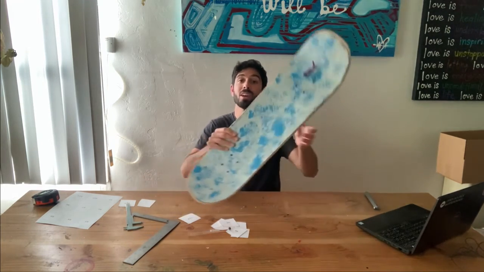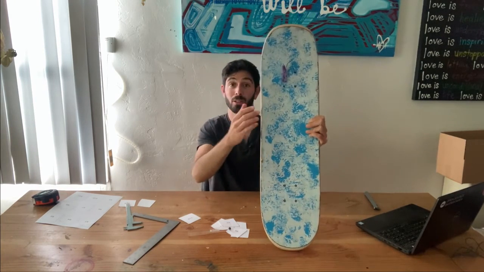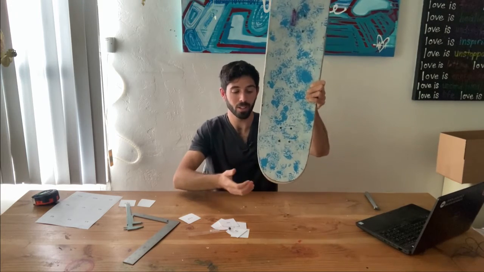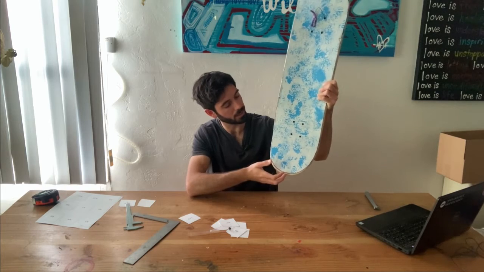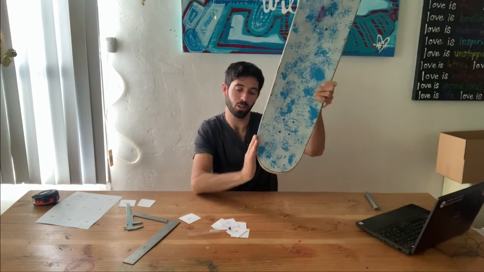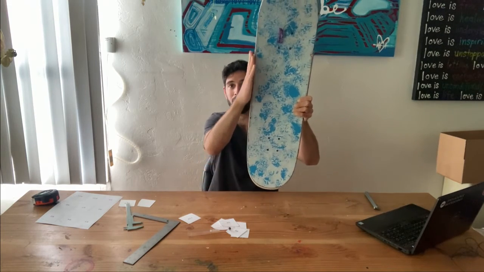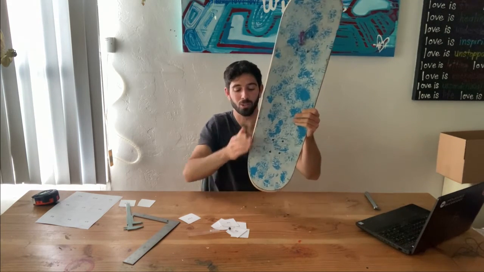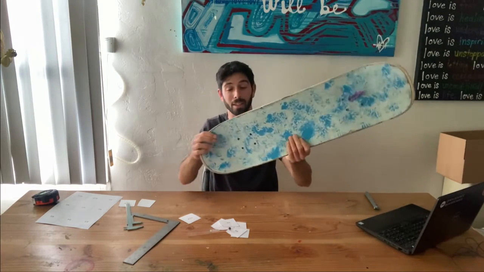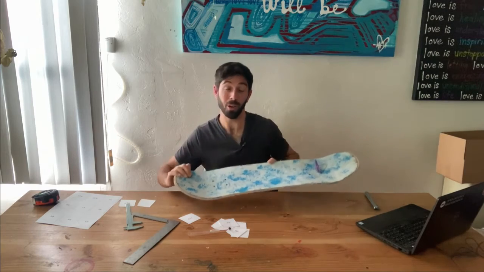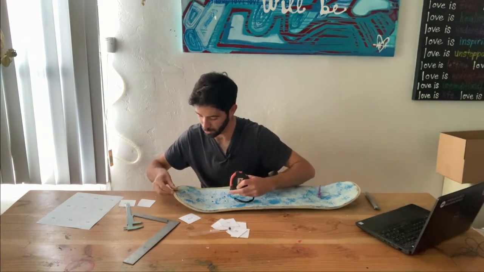The taper points are the points at which, from the nose or the tail, depending on whether you're measuring the nose or tail taper point, so I've got the tail here, it's the distance from the tip of the tail to where the curved profile finally becomes parallel with the profile on the other side. So when the board finally reaches its full width, it's really what I meant to say. So you measure this just like you do the nose and tail length. So you measure straight out,